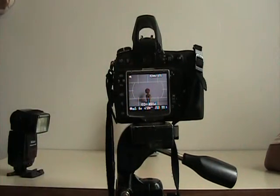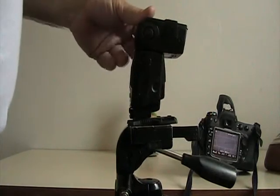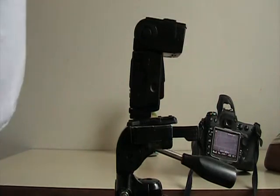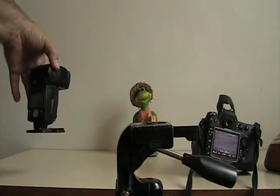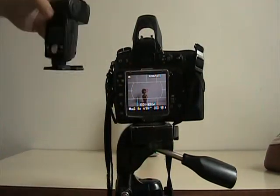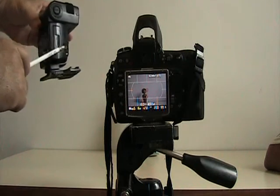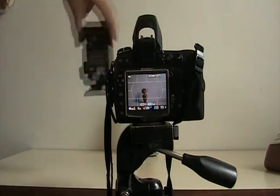Now, one thing about changing from left to right of the subject is I have to show you a detail about the SB800 that we mentioned before, and that is the infrared window with which the light from the built-in flash controls the SB800. If you are on the left side of your subject and your camera is here, there's no problem of having the flash enter the window on the SB800. But if you decide to put your camera on the right side of the